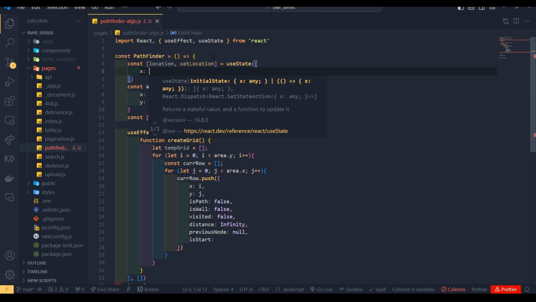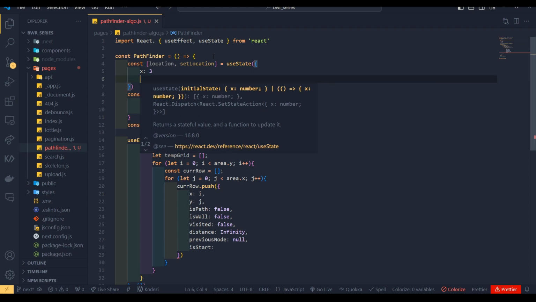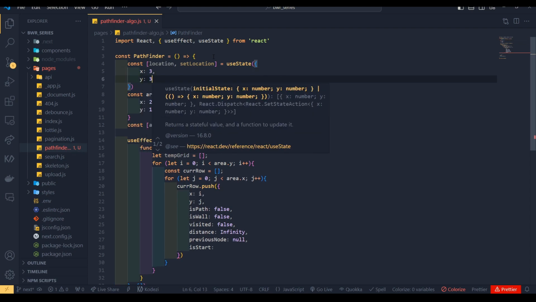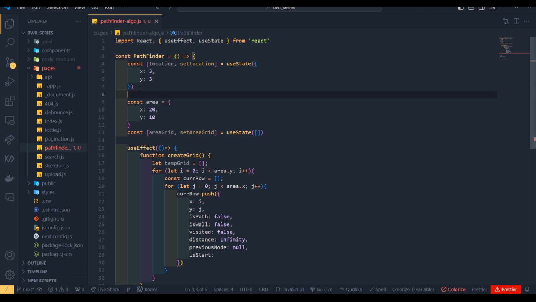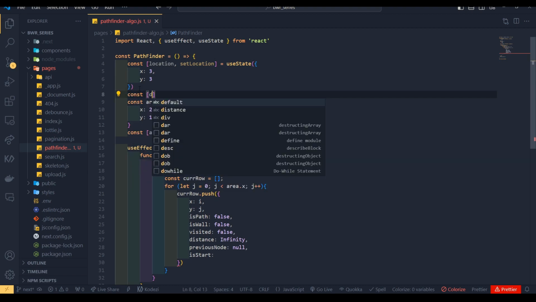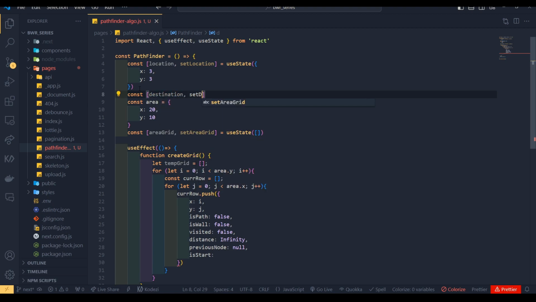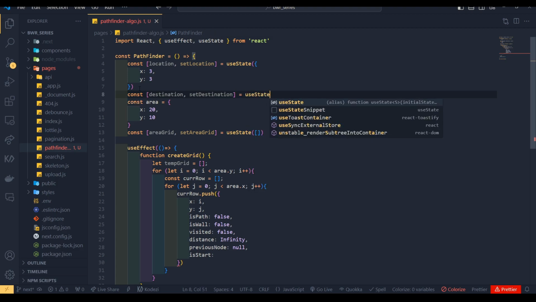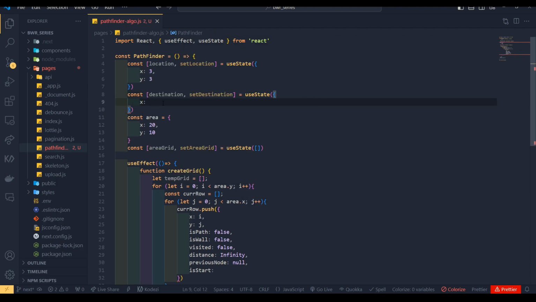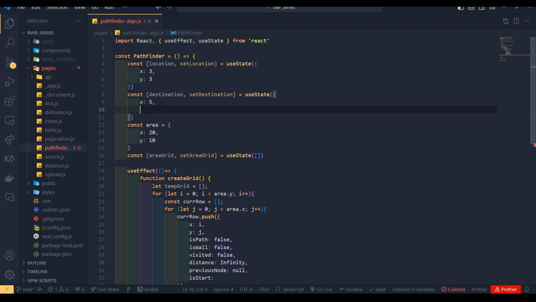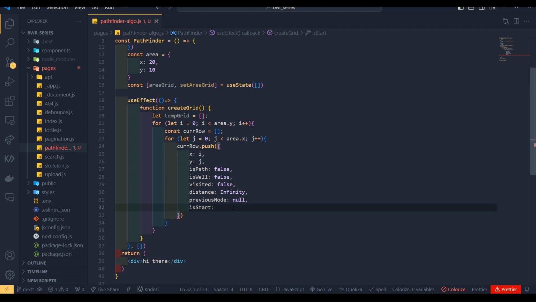X would be, let's suppose we are starting from the third X position and Y third, and we have to reach const [destination, setDestination] = useState, X maybe the 5th and Y the 7th or 8th. Okay, so in order to check if this is the starting node, we have to check if i is location.x